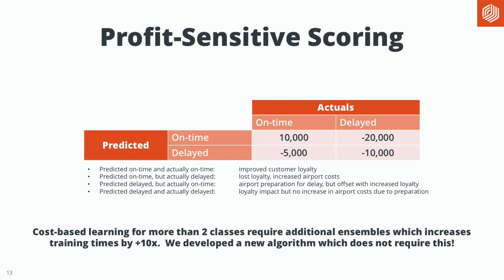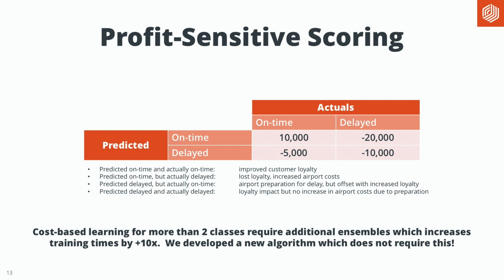I'm not explaining the whole algorithm, but what is it doing? What is it for? So in general, in machine learning, there are techniques where you can define what happens in certain types of errors. So for example, if you predict on time, but it actually is a delayed flight. And especially for two-class problems, there's certainly a dozen or so algorithms around to solve this problem in a more or less efficient way. But for more than two classes, it actually is a really hard problem. There are not many algorithms which are doing this, and those which are solving this for more than two classes,